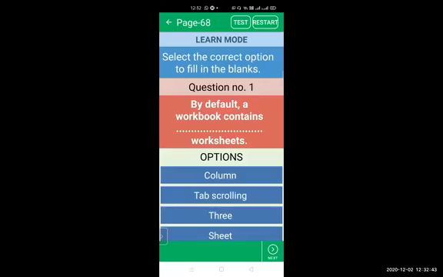So we'll begin. It's time to start the class. You can open page number 68 of your book. Open page number 68. All right. On page number 68, first question,